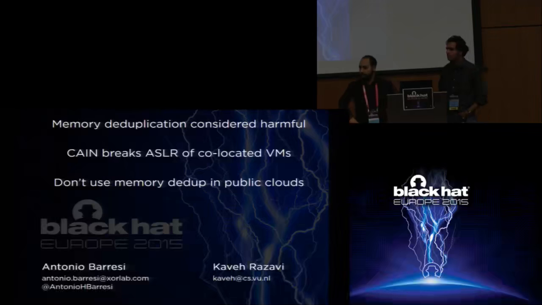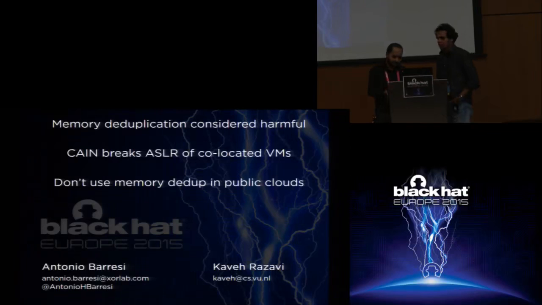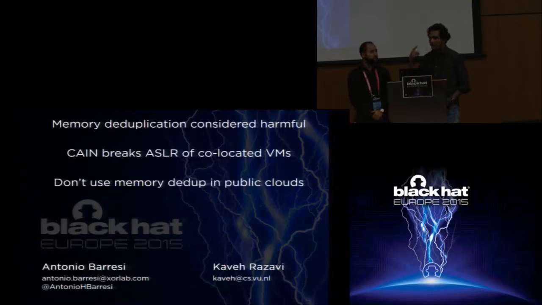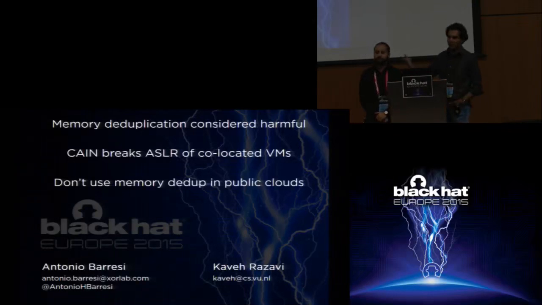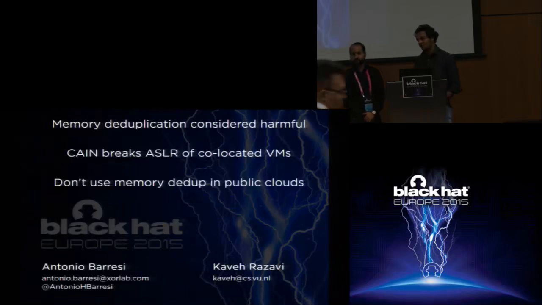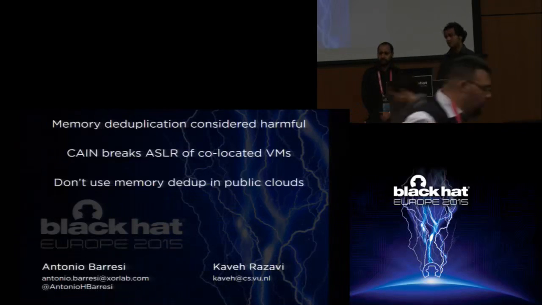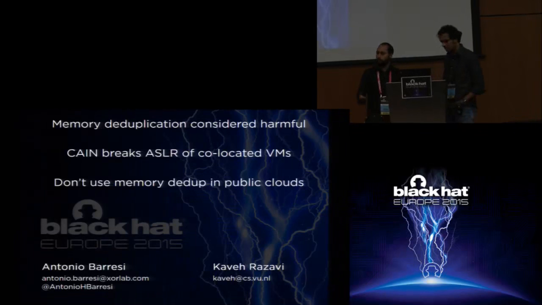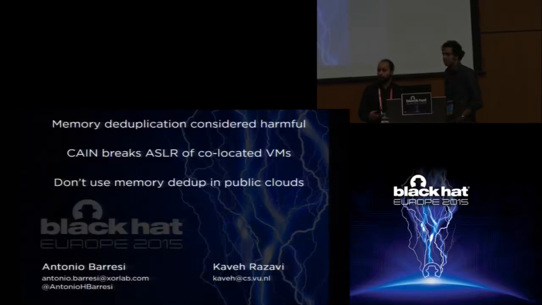Did you try this against anything else but ASLR? So one other thing that we need to leak: if you think about it, you want to attack a VM, right? You also need to know its IP address. So we also found pages that had IP addresses uniquely. So you can think of using the same attack to leak IP addresses from neighboring VMs. Then you have the IP address, you can scan for vulnerabilities, and then you have ASLR, which we can use to attack reliably. And you can enumerate, for example, operating systems as well, right? So there are a lot of unique pages.